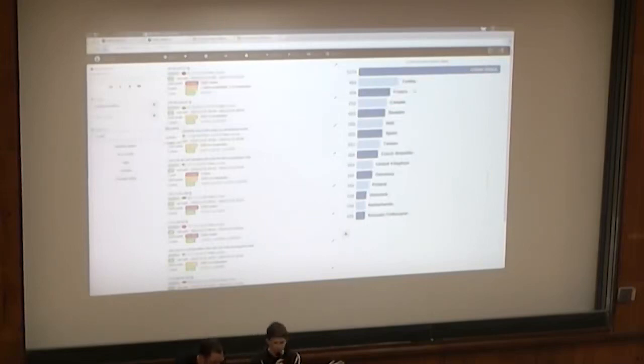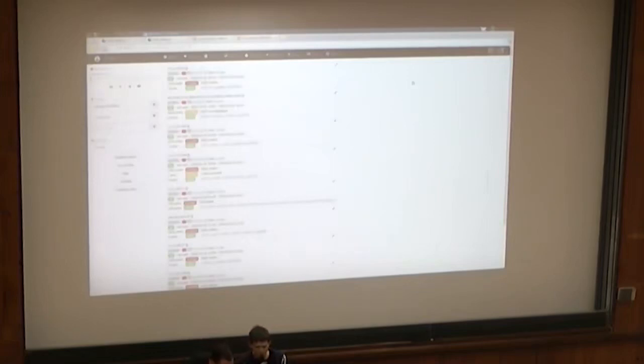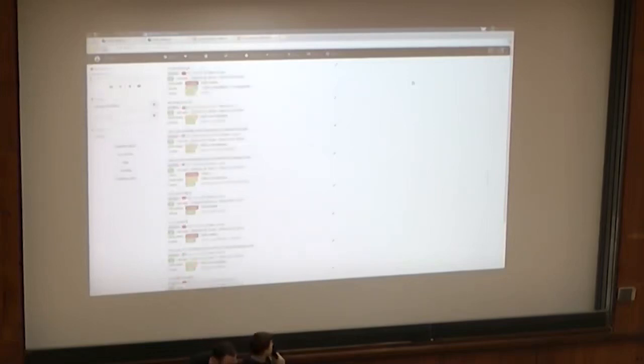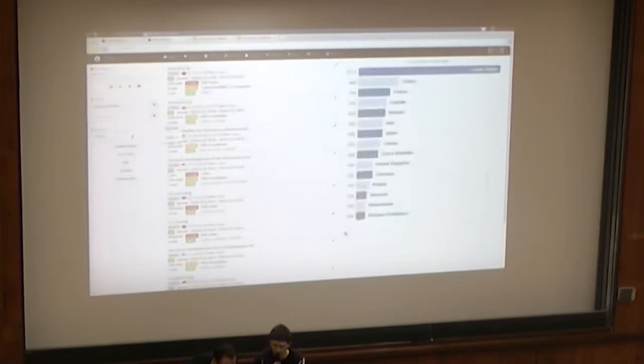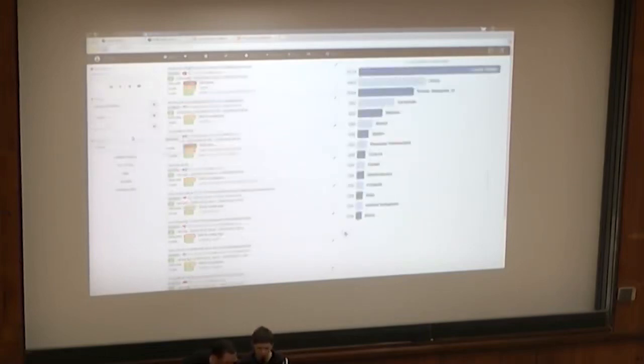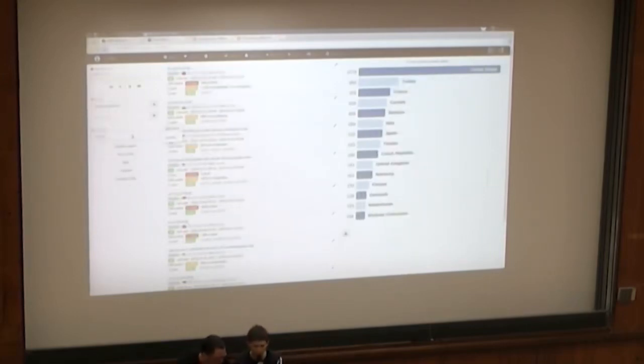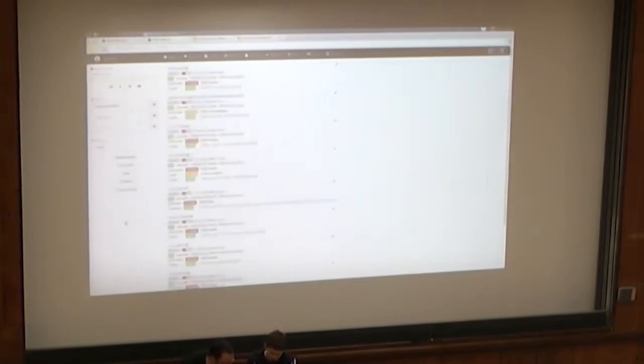That's quite common, but actually Turkey is not the common second top value. For instance, if we take a random scan on the internet, that's what we got. Usually you have the United States, then China, then Korea, and in the Modbus scan, Turkey is, as we can see, an anomaly. So if we just focus on it,